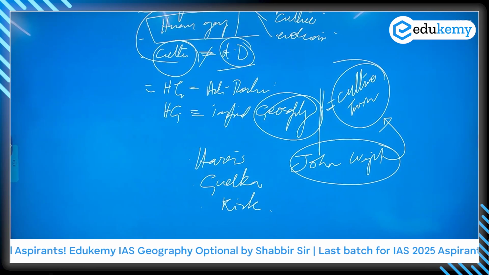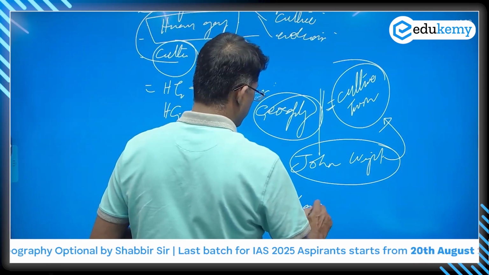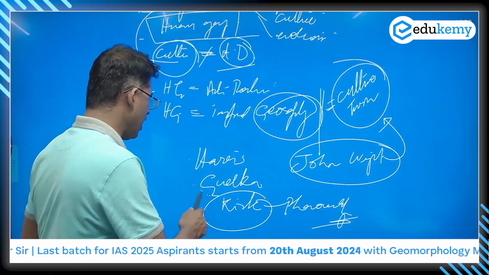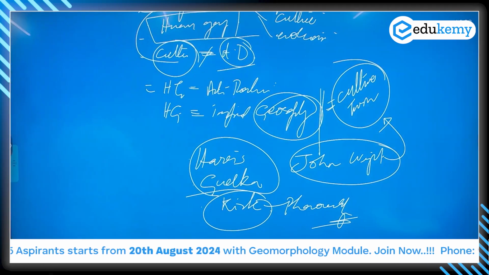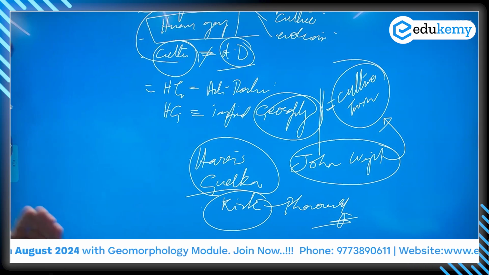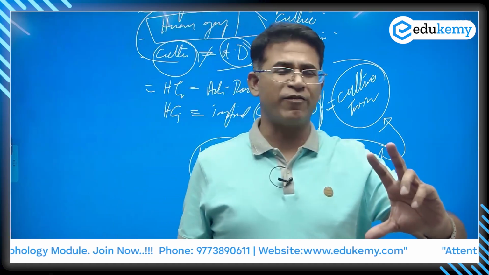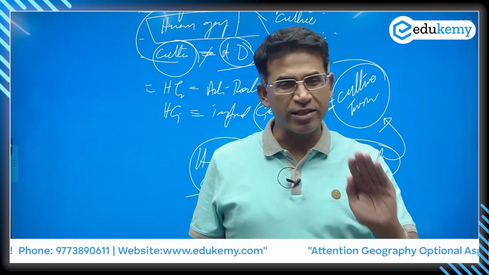Okay, Kirk talks about phenomenology. And Harris and Guelke are said to have started this school of thought in geography. So, इतना तो आप लिख के आएंगे. Any question on the humanistic approach, this is your formula paragraph or two. And make sure it is clear because these are concepts. Okay, make sure you have done this well.